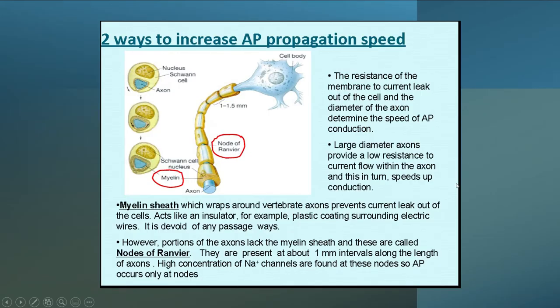There are basically two methods to increase the speed of propagation or conduction through the nerve cell. One is the diameter and another one is the myelin sheath. If the nerve fiber has a large diameter, the conduction velocity will be more because the resistance to the flow of current or ions will be low. And similarly, because of the presence of the myelin sheath, there is jumping of the nerve potentials, and we do not need to open all the sodium channels. The sodium channels open only at particular points, so the conduction velocity will be increased.